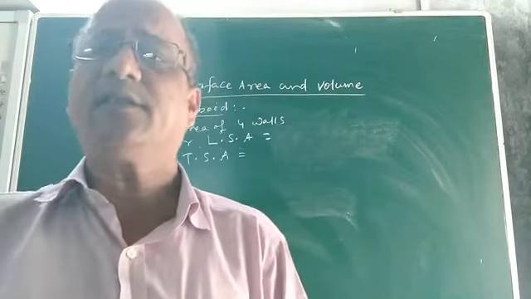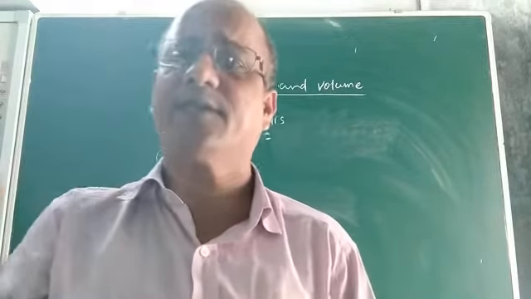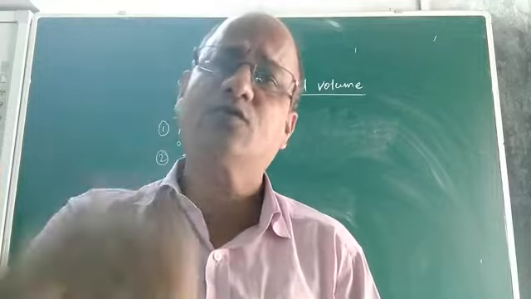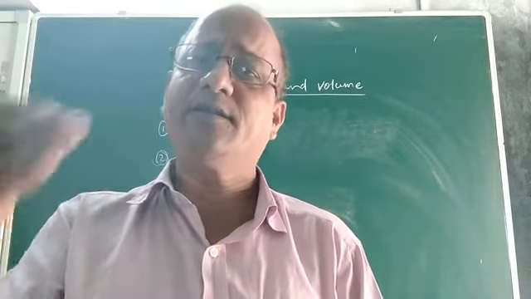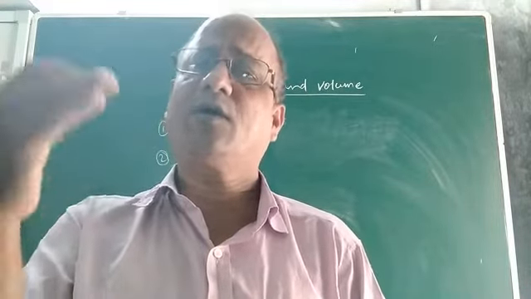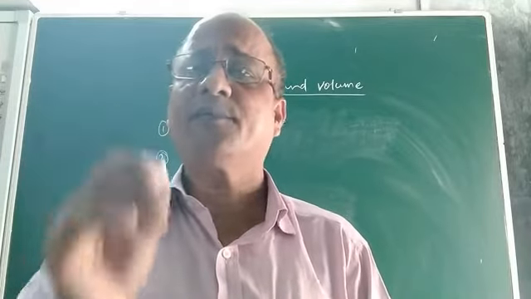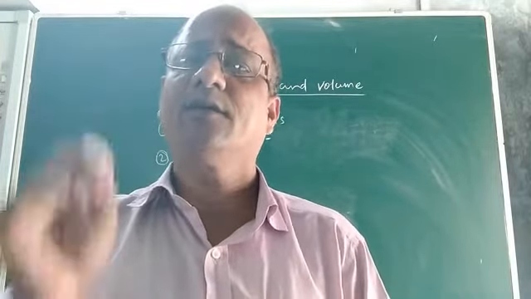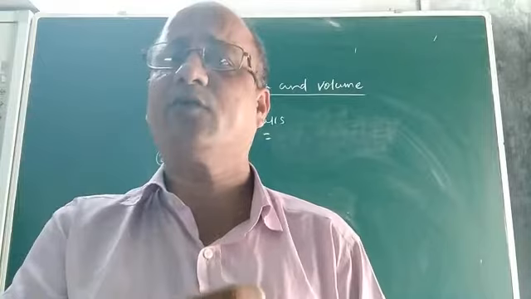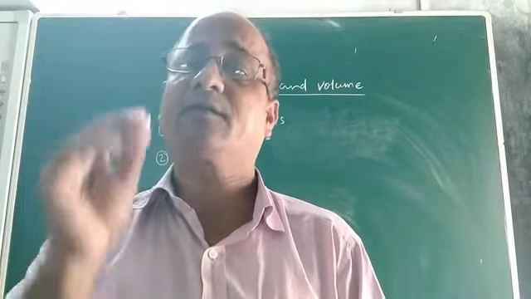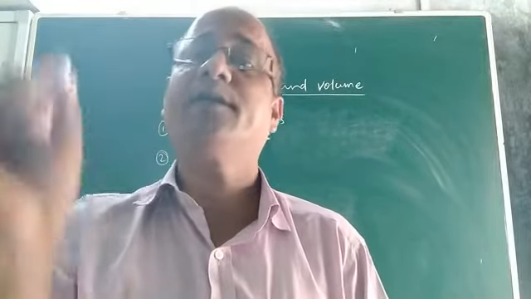So in this class, that is in class 10 as per the NCERT syllabus, those things will be reviewed. And after we review how to find the surface area and volume of different solids, the next thing we are going to read in this chapter is the area and volume of combination of solids.